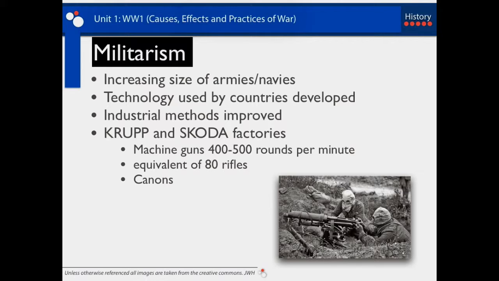Before this, the joke is, mainly wars were fought on horseback with swords. So now we're talking about weapons that can kill in vast numbers and quickly. Krupp and Skoda factories became big industrial heartlands, producing machine guns that could fire 400 to 500 rounds per minute. These are killing machines. And that's the equivalent of 80 rifles. So the game's changing, and with cannons as well,